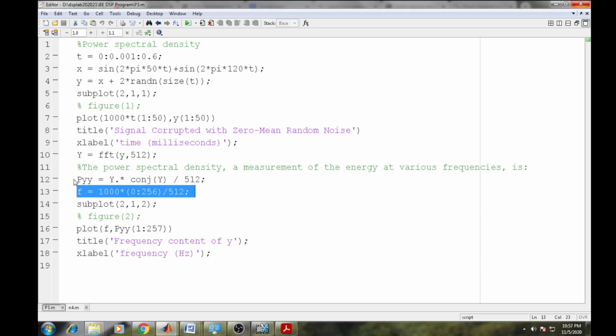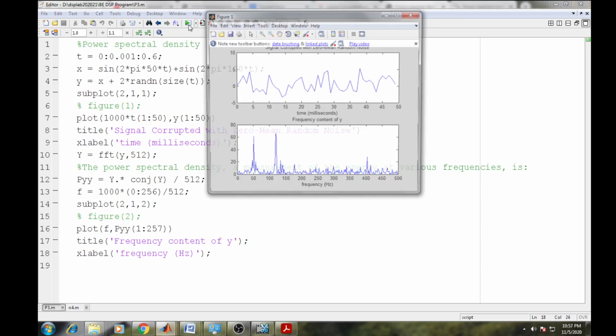I just take all these lines and go for execution of this program. There is nothing to copy from this to another one, so I just run this program. You can look at the output.